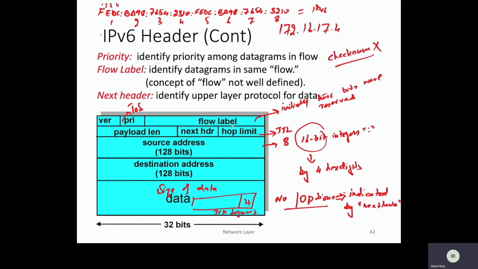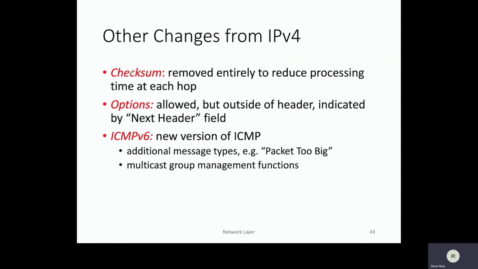Why? Because the error checking is already being done at the transport layer. So the argument is there is no need to do it again at the network layer. Okay. So the other changes, as we have discussed, are that there is no checksum here, and the option field is implemented as next header. And most importantly, since IP version 6 does not allow fragmentation and reassembly,